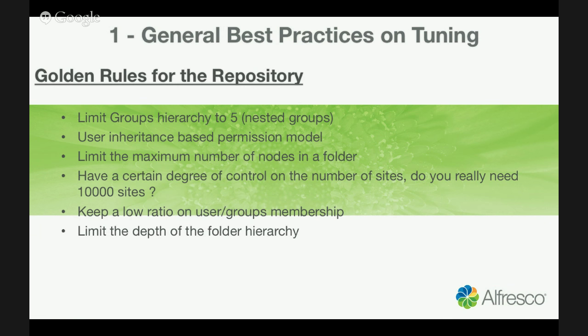So this rule is also important. If you don't need to have 10,000 sites, just keep it to a fairly realistic number. Keep a low ratio on the user group membership. That's also important. If you have a user or users belonging to many groups, or you're just synchronizing your LDAP repository as is, and you synchronize a huge number of branches, but actually you don't use all those branches and all those group memberships inside Alfresco, then if we can keep this to a low ratio,